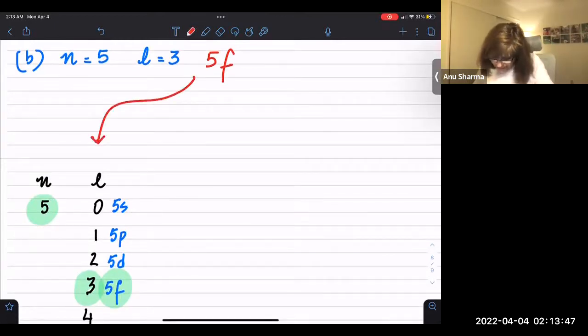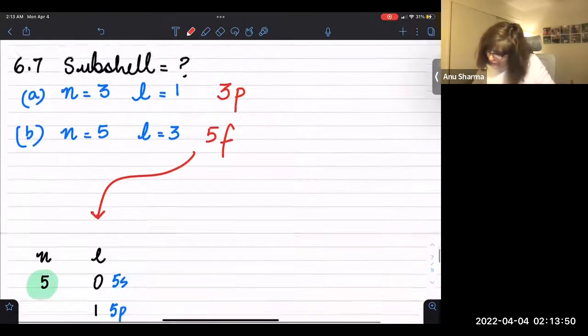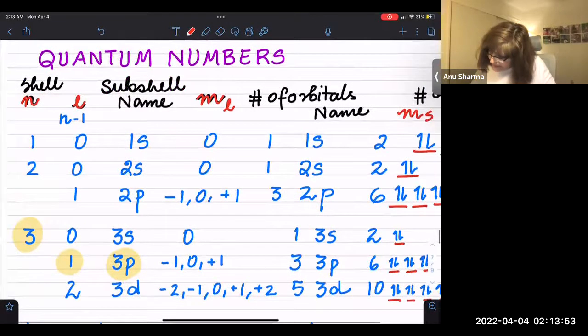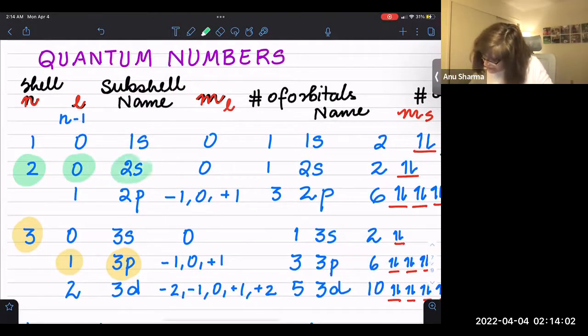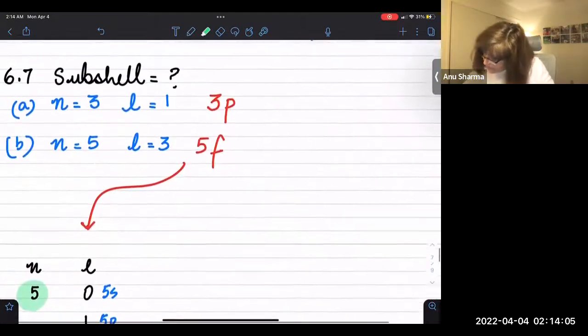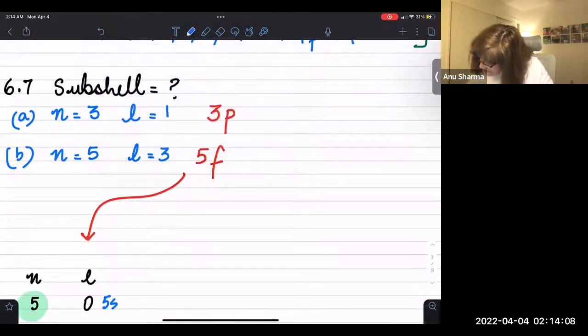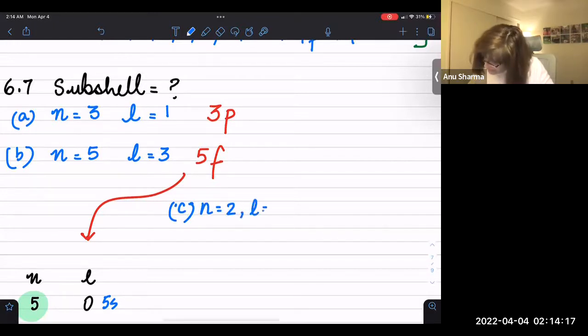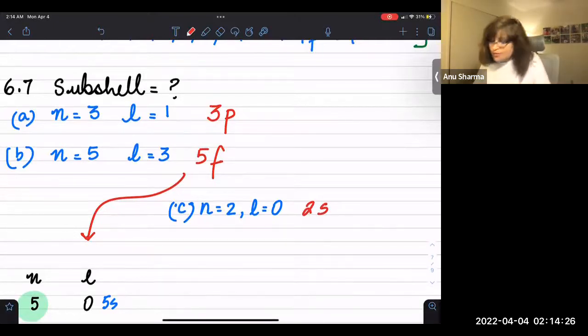So you can do the other one. When n is equal to 2, l is equal to 0. Which one is that? This one we already did. n is equal to 2 and l is equal to 0. That is 2s, as you can see. So the answer is 2s. From the chart, we see that is 2s. Some of these, you just have to memorize. Okay. Next is the